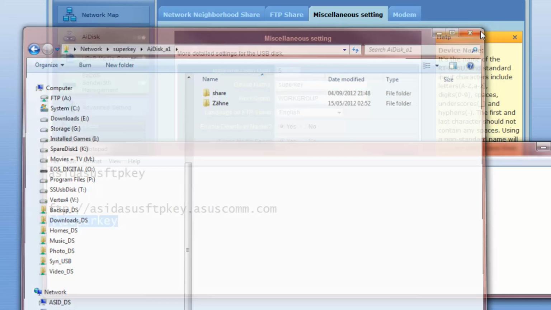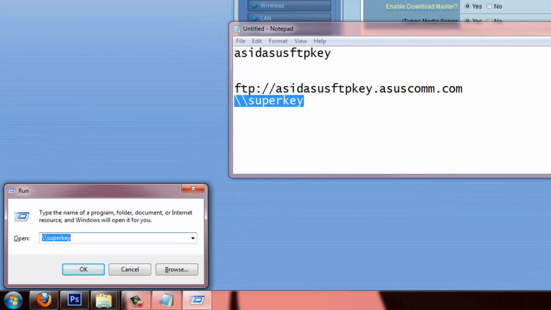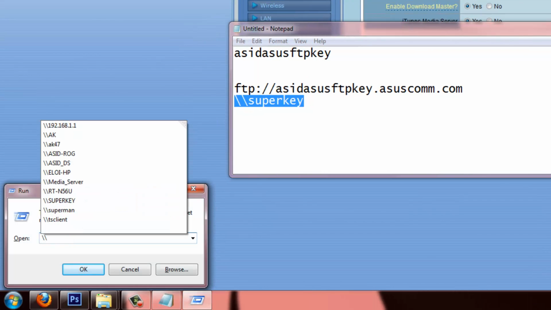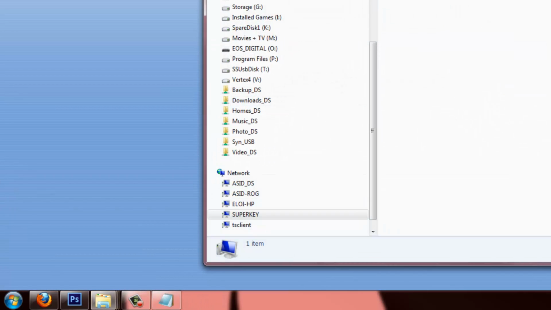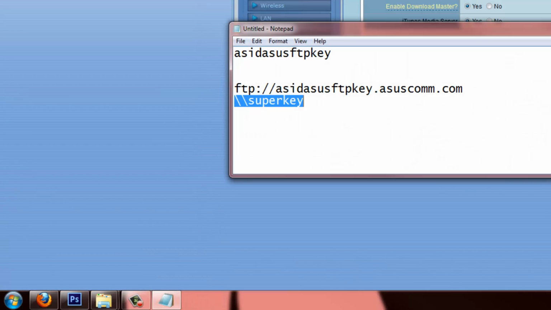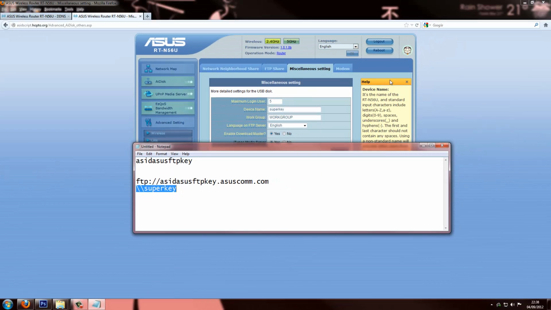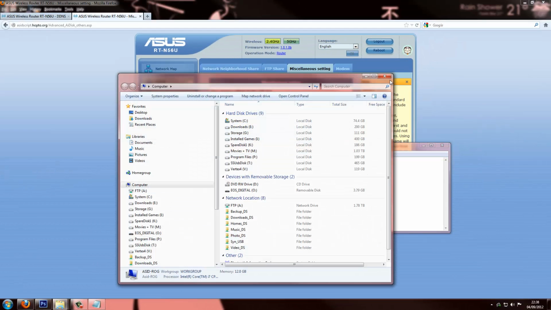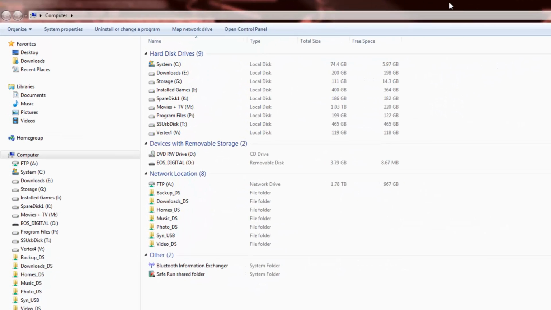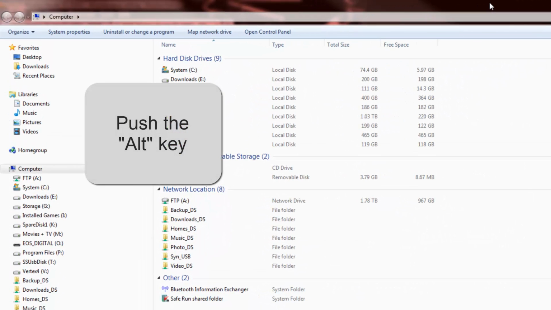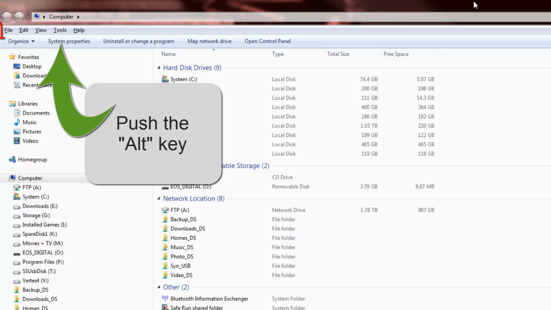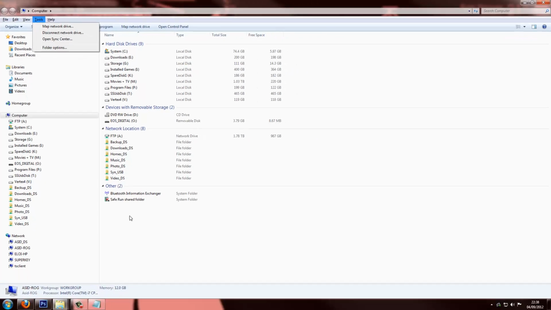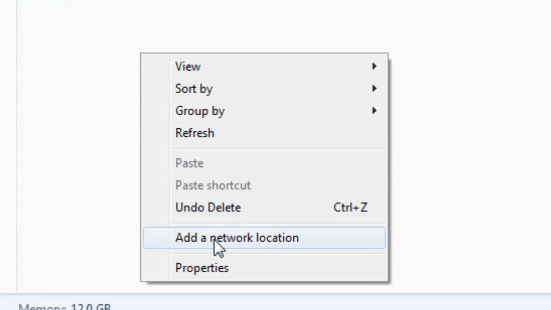Now, for those of you who don't want to have to push and hold down the Windows and R button, do your // and enter in the key every single time, what you can do is you can map it. There's loads of ways to map drives, many of you have your own ways. I'm just going to show you one simple way, and if you don't like it, you can figure out another way. On this screen, hit Alt. Once you push the Alt key, go to Tools and Map. Or you could just right-click and choose Add Network Location. But mapping is better because you get a